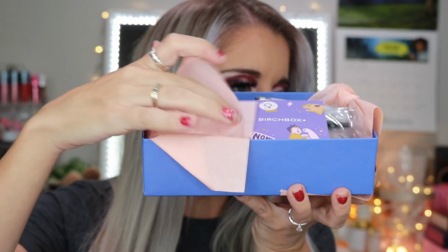First off, I think these are so cute. These are so freaking cute. All right, so it says tip number 123. For the next 10 minutes, enjoy some you time. You deserve it. Thanks, I appreciate that. All right, so the first product, oh my gosh, y'all need to look at this. This is just like a box full of freaking goodies. All right,